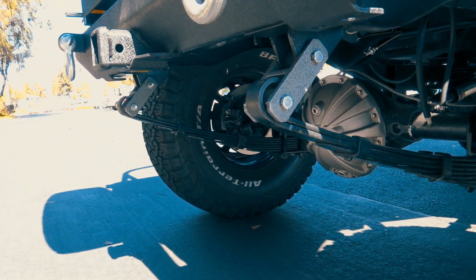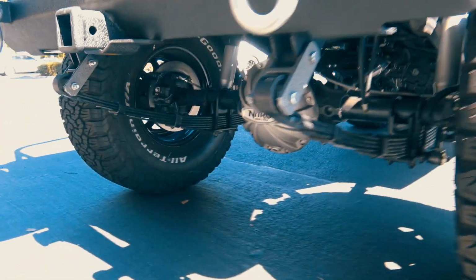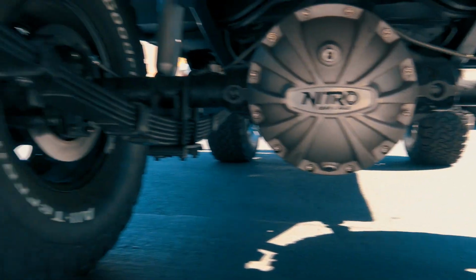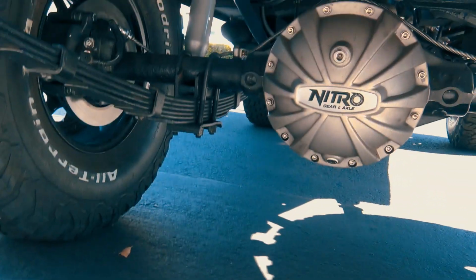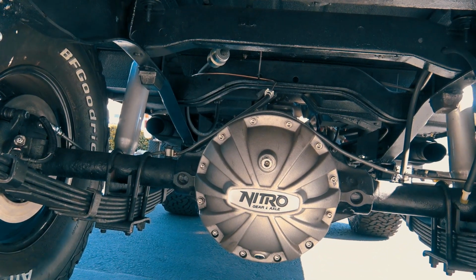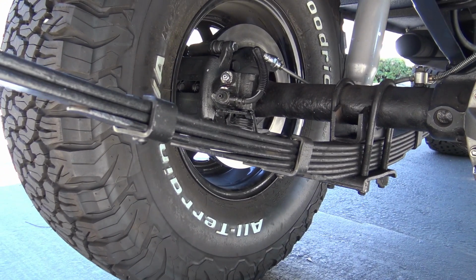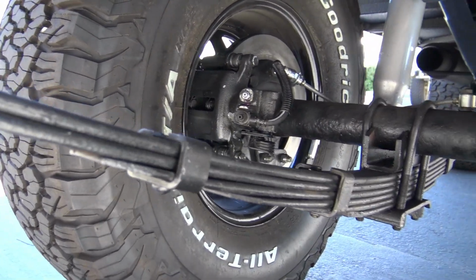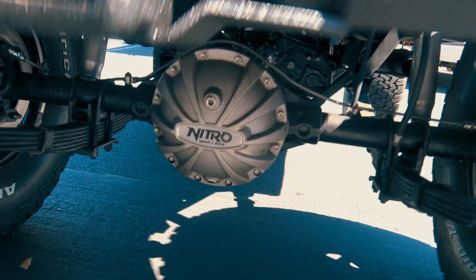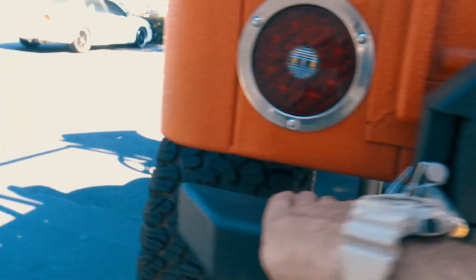2.5-inch lift with the 1/2-inch lift shackles. This is a Pro Comp suspension lift, and we went ahead and upgraded to an AMC 20 rear axle out of a newer CJ. It's wider. We went with SSBC rear disc brake kit, nitro differential cover. We did a True Track, Detroit True Track or Eaton True Track, limited slip, gear gym, limited